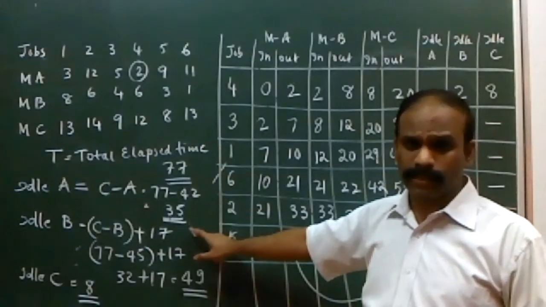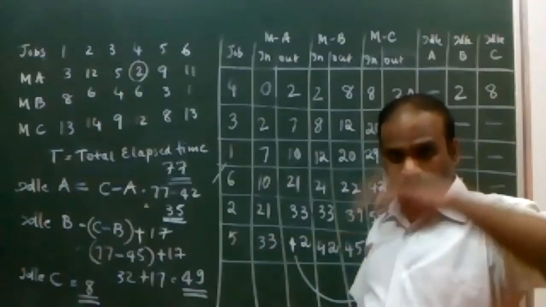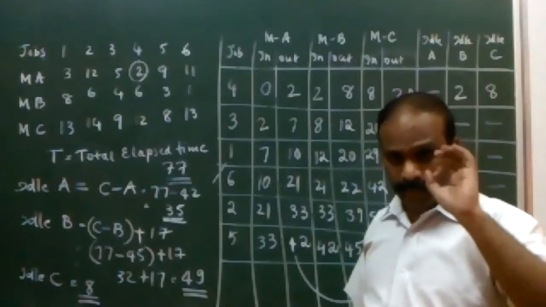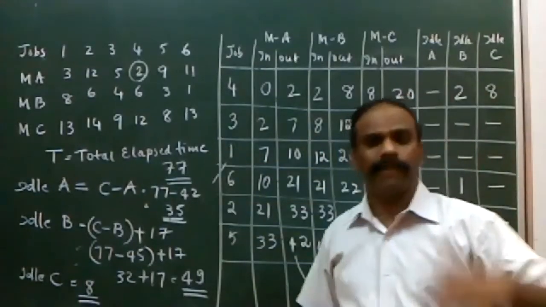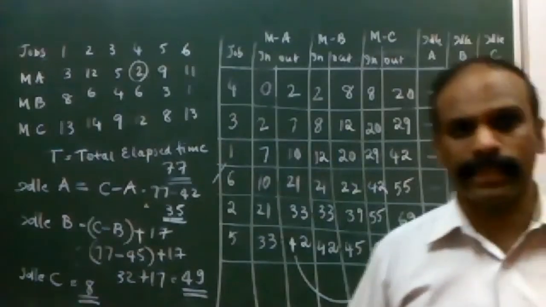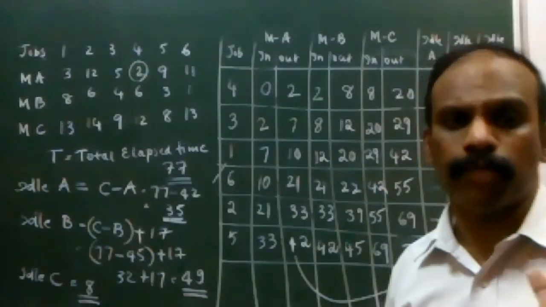I think we have done this concept in the 2 machine case also. When BA is given, how the idle time of A and B changes, similarly, in other orders these formulas might change. Anyway, I'll take up those questions, then you'll probably understand. So this is the overall view as far as 3 machine problems are concerned.